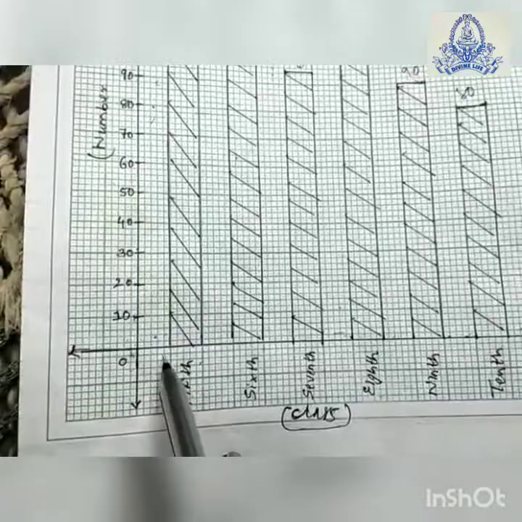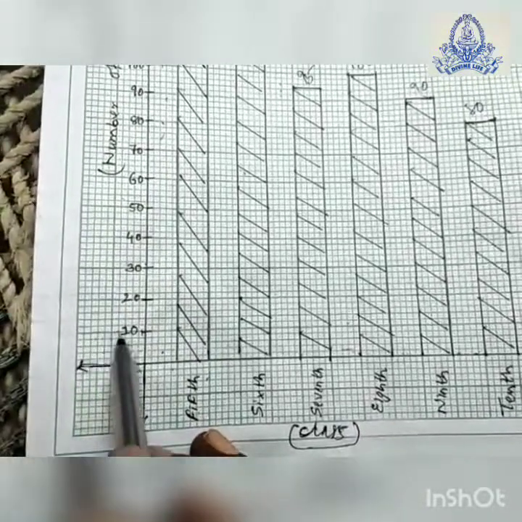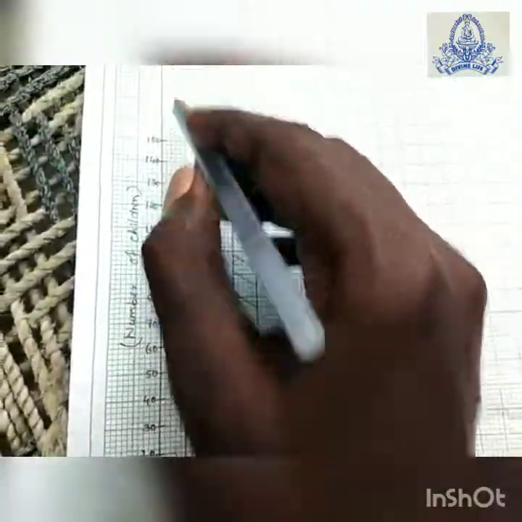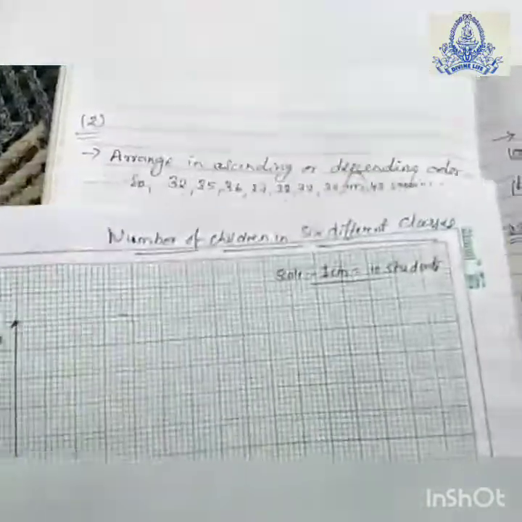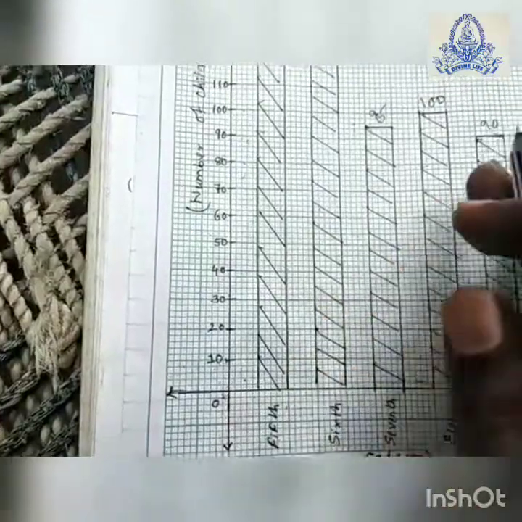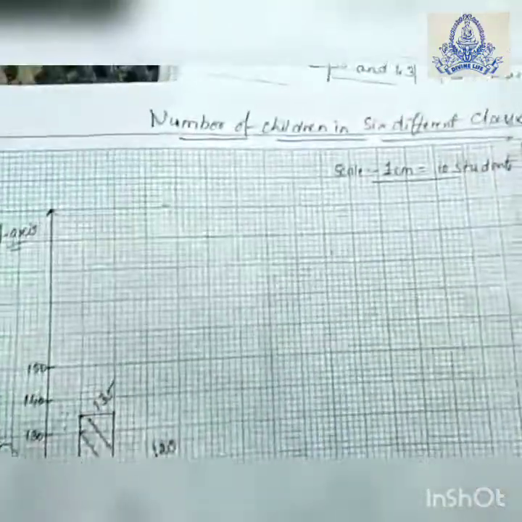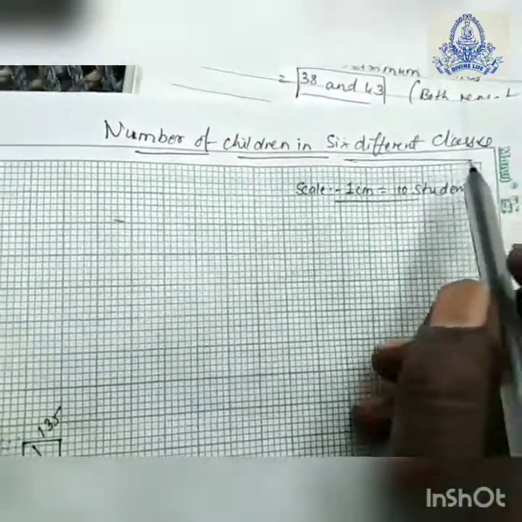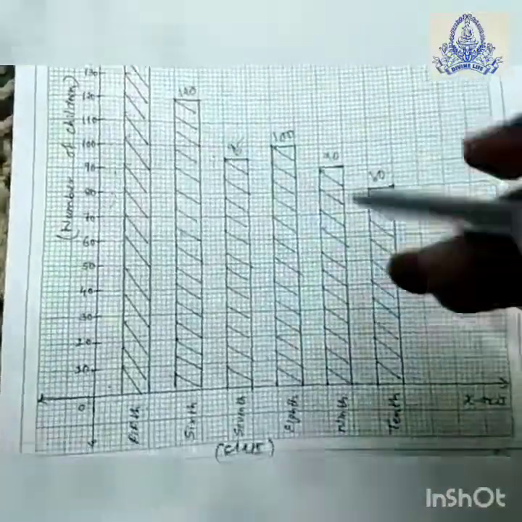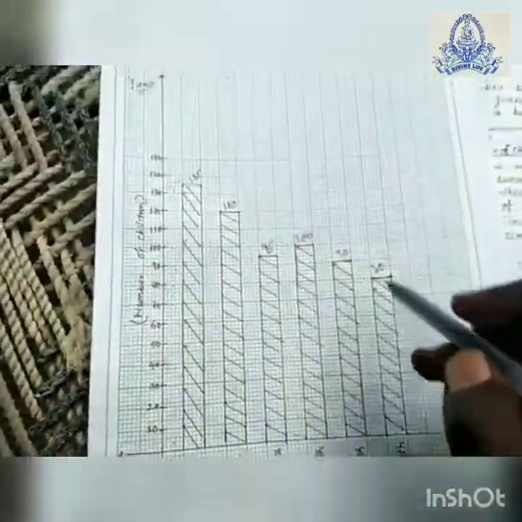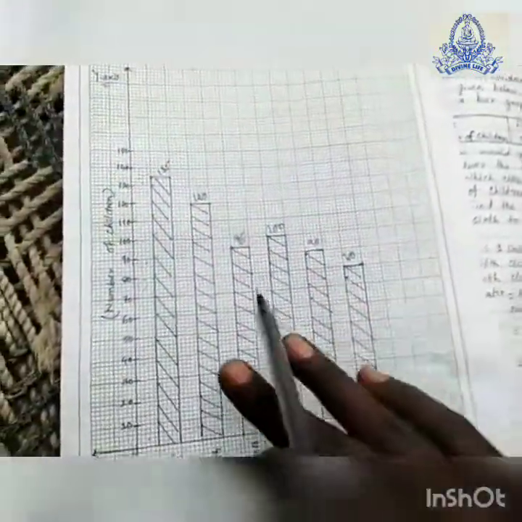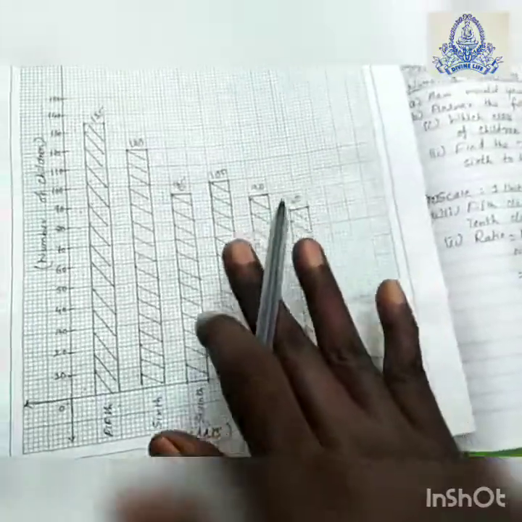Leave 2 centimeter from below and 2 centimeter from the left hand side corner, and put an origin here, 0, and then you can draw a vertical and a horizontal line, right? You have to write the scale also, whichever scale you have taken. The scale we will take is 1 centimeter equal to 10 students. The title is number of children in 6 different classes. The classes and number of students, all this you have to write on the graph paper, then only your answer will be correct. So this is the graph which we have drawn. According to this we will give the answer.